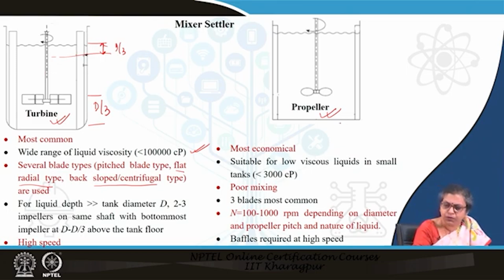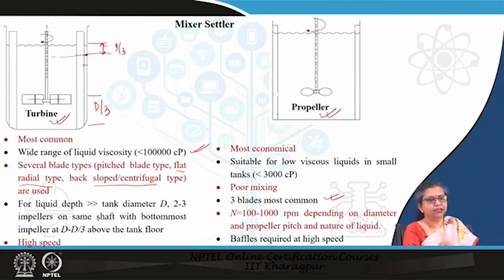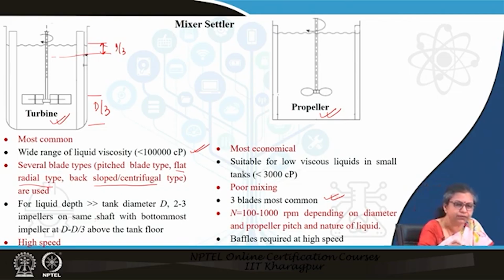Propeller we do not opt for very frequently. The only good part about it is that it is cheap, and when we opt for it, 3 blades are most common. The other thing we need to remember is that whenever we are churning a liquid, quite naturally vortices are formed. We would like to eliminate the vortices. Now, if we have to eliminate the vortices, what do we have? We have the baffles. What are these baffles? They are thin strips of metal which are fastened or welded on